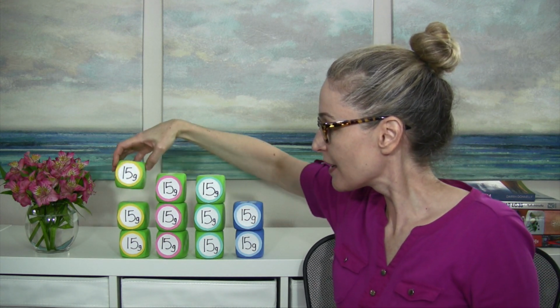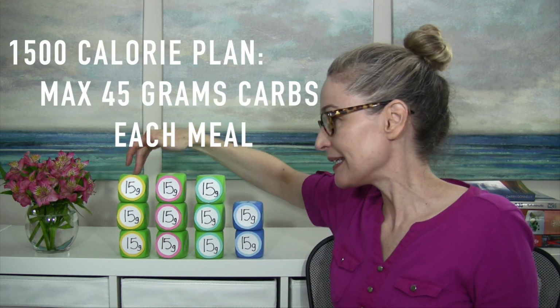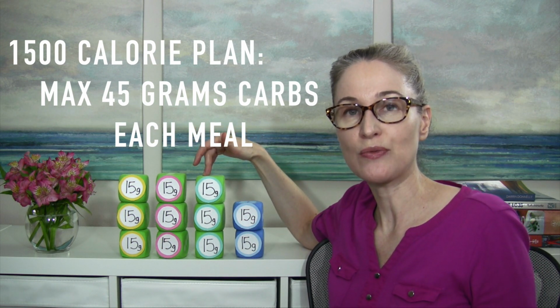If we put another cube on top, the snack column stays the same, but one more cube on top gives us the carbohydrate limit for a 1500 calorie eating plan. At each meal, do not exceed 45 grams of carbs. With the meal, of course, you're going to have your protein and your vegetable, but please be mindful of your